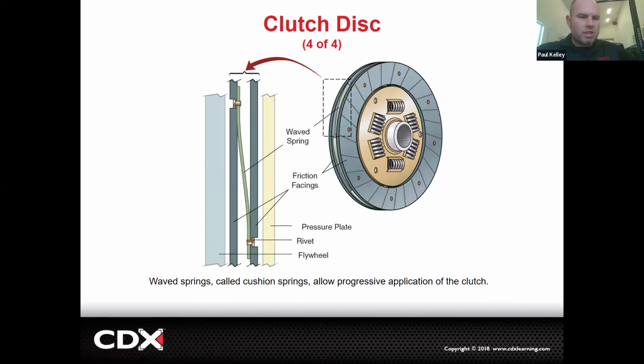All right, and then you can see this gives it more of a progressive feel. Allows progressive application. Again, noise, vibration, harshness. Truth be told, though, if a customer is worried about noise, vibration, harshness, you know what they really need to buy? They need to get automatic. To be honest, a manual is always going to be, to some extent, more crude, more notchy. You're going to feel something,